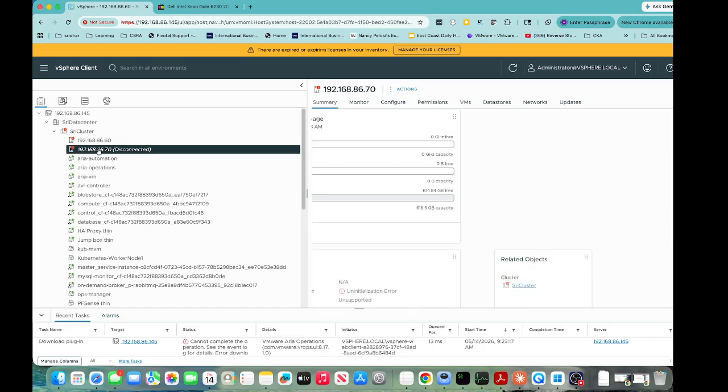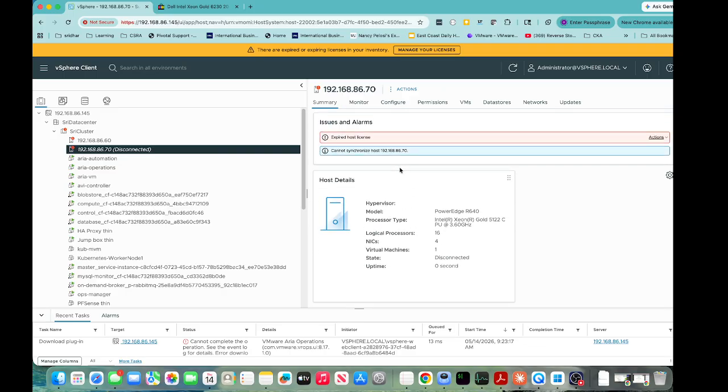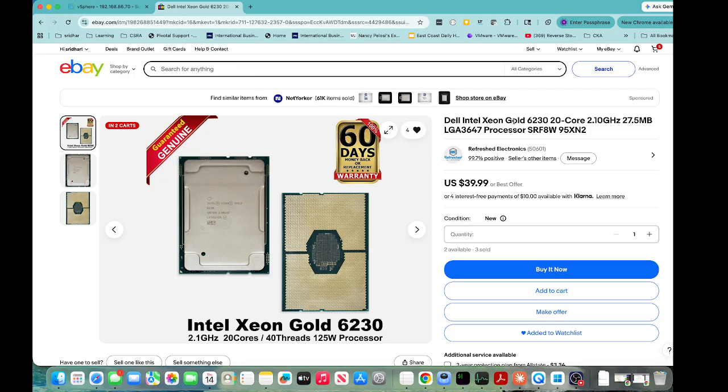I have the other ESXi as well, the R640, which has 16 processors and 4 NICs. The activity that I'm doing is I stripped off all the CPU and all the RAM from the particular R640 and placed it into the HP server. What I'm trying to do is change this processor with the Gold 6230,